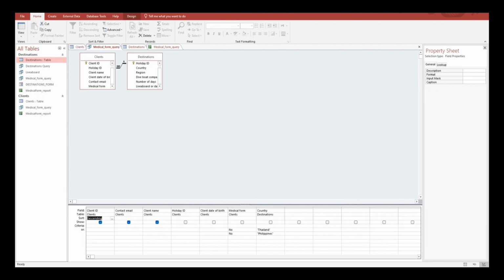If I go to the database, we have holiday ID, right? So holiday ID connects all the holiday list to the client one. So it will be easier to merge the two database tables, and based on query we can just take out some of the data we need. But if we don't have the destination table here, what do we have to do? If we have the destination table but we don't have the ID, then we have to go to the destination table, and then based on the country we have to put it all inside the client table again,